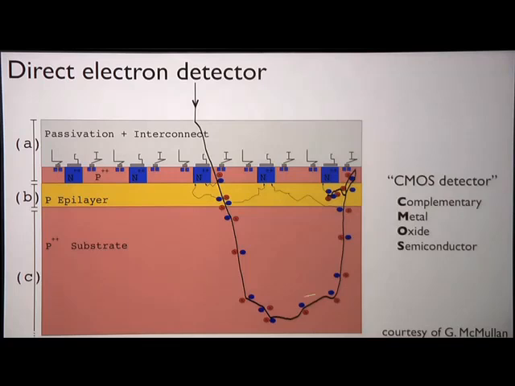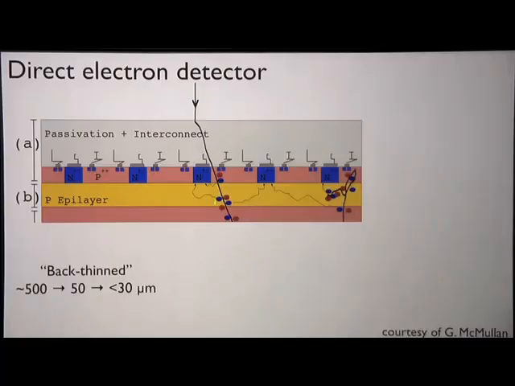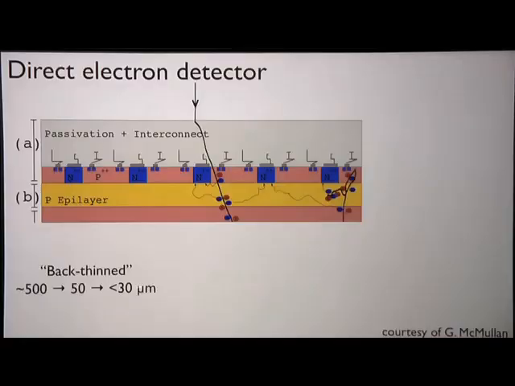Okay, so what can we do about these? So this is the real breakthrough recently, is to get rid of all of this material behind here. And this is what we mean by back thinning. So you had some 500 micron or more silicon wafer that you made this chip on top of. If you get rid of a lot of that, then these backscatter events don't come back, and actually you end up with a much better signal, right? Because these guys are noise, whereas these guys are your real signal. So the less of these you have, the better off you are. And the new Falcon 2 detector, which we have now, is an order of magnitude difference in this thickness here. And that's really what was the breakthrough to increase our signal to noise and allow us to do these beautiful structures now, right? And so the next generation will be even smaller than that,